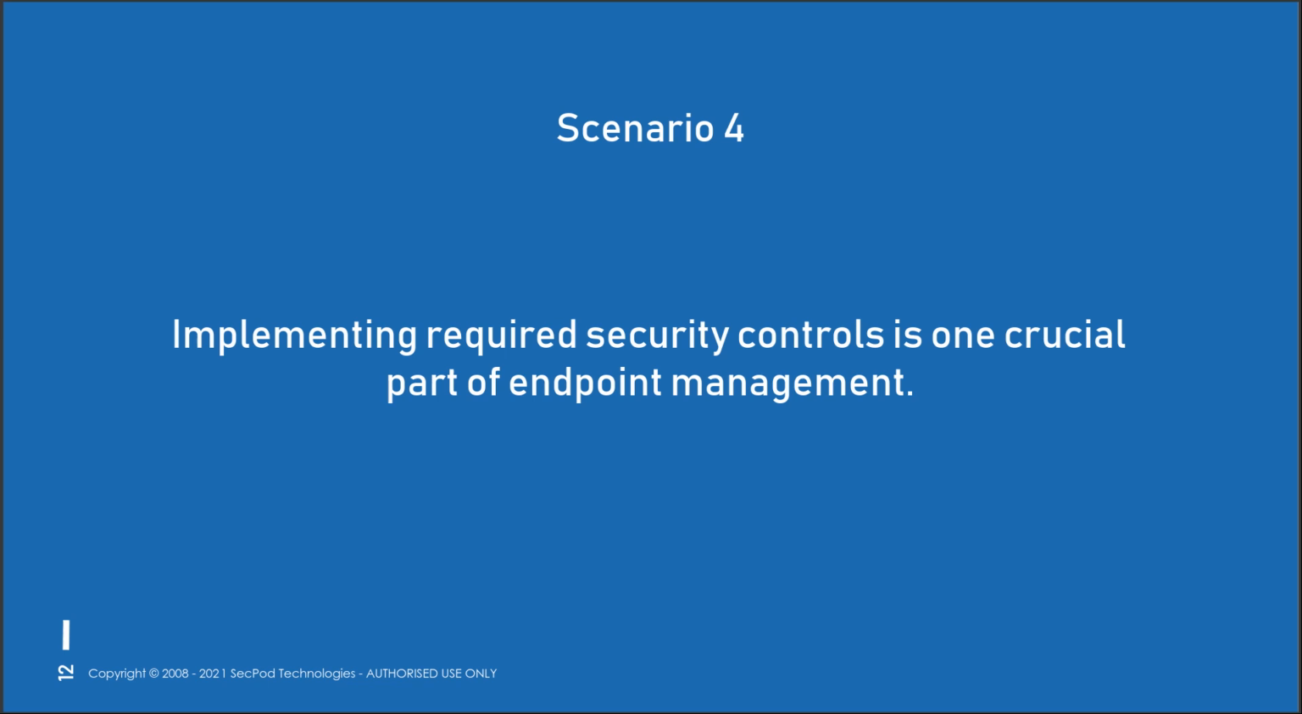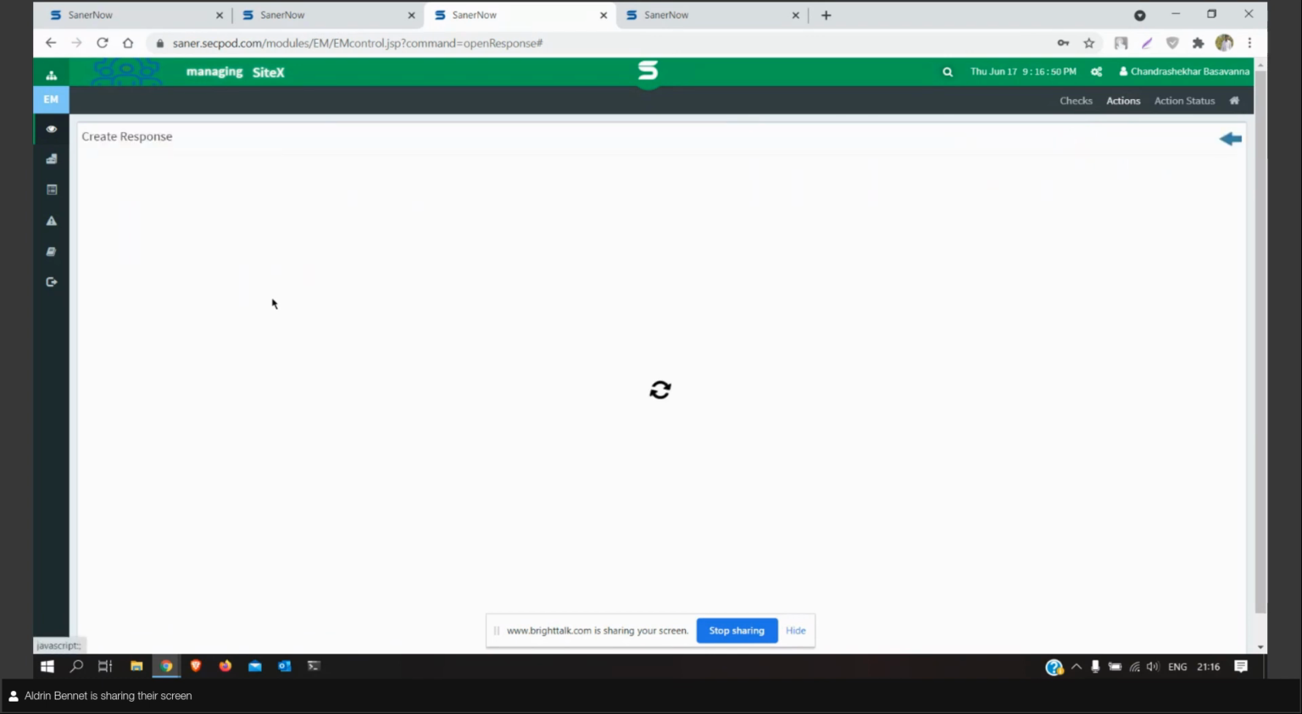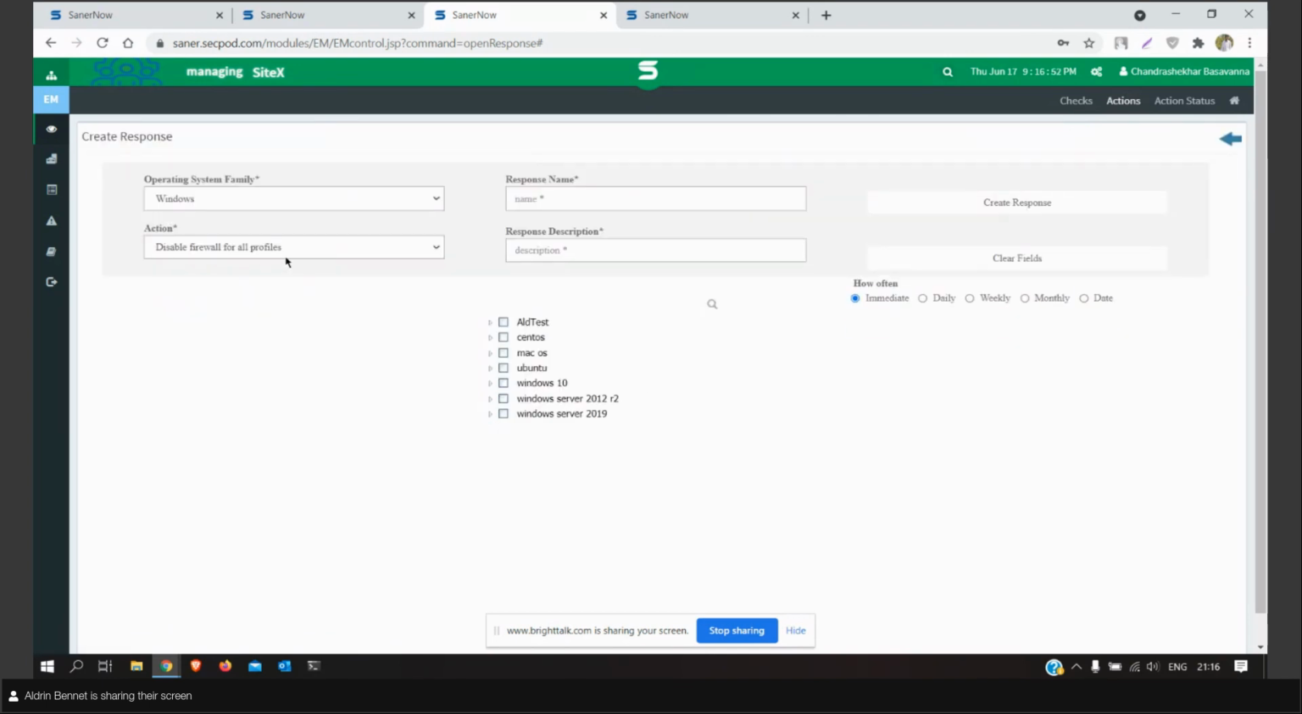Well, setting the right security controls is very crucial at any point, Dikshita. Sentinel helps administrators to implement and monitor the required security controls through two different options. Let me show you how we do that in Sentinel. So again, if you go into actions, you have an option called security. Under security, you'll be able to